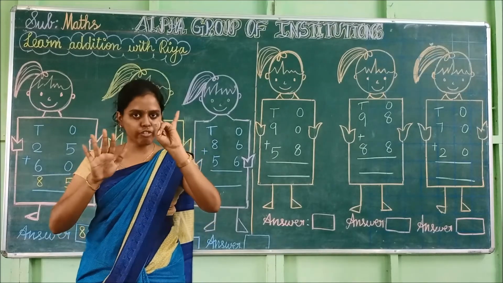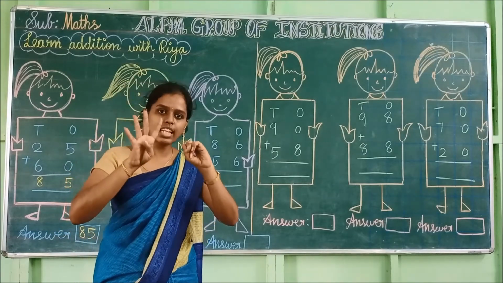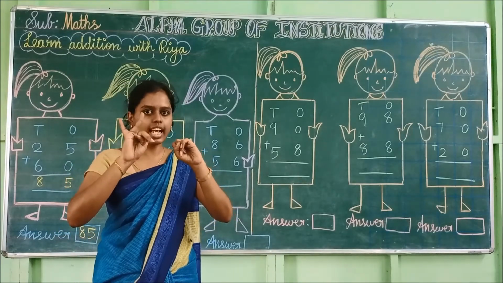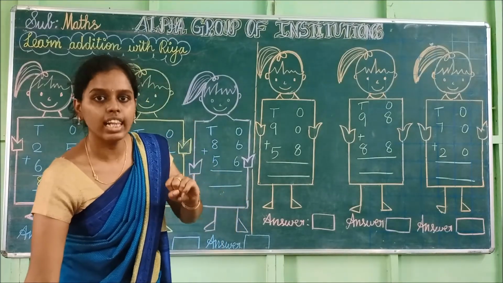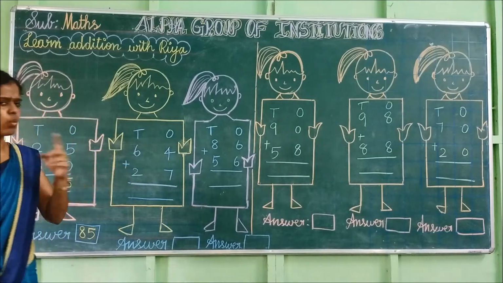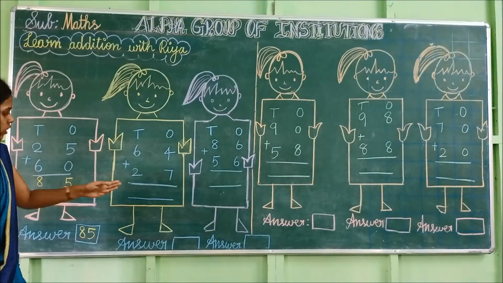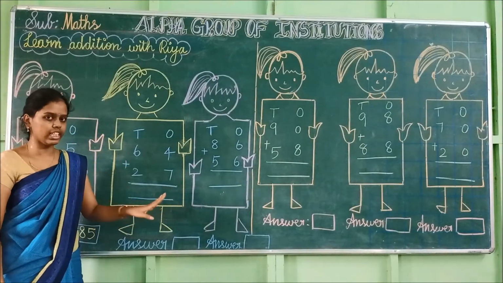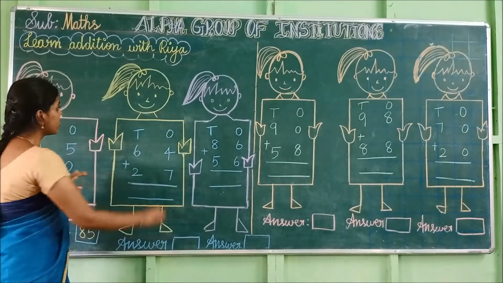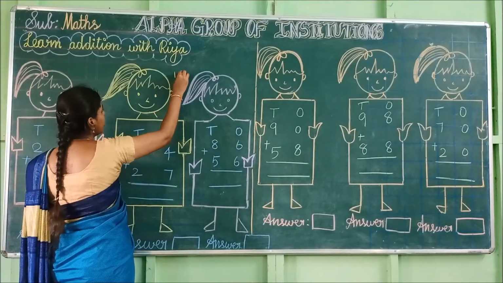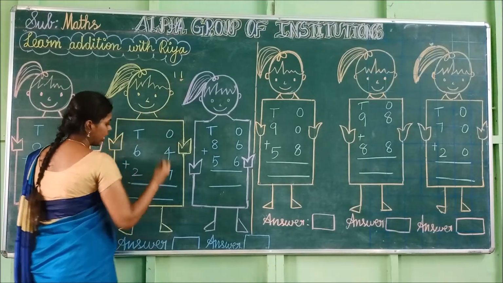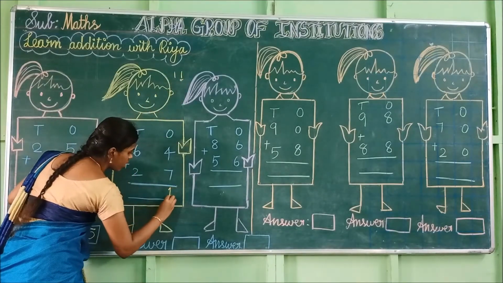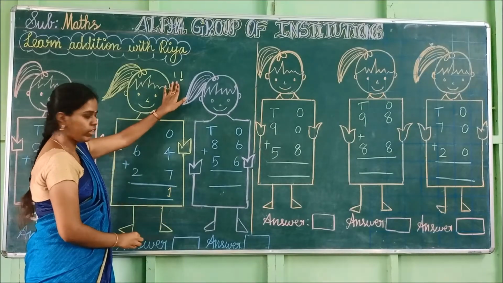After 4, 5, 6, 7, 8, 9, 10 and 11. What's the answer we have got? 11. If you are getting only one number like 9, 8 and all, we can put it here straightaway. But we are getting the answer as 11. See what is the answer? 11. So, the last digit you have to write here and the next digit we have to put